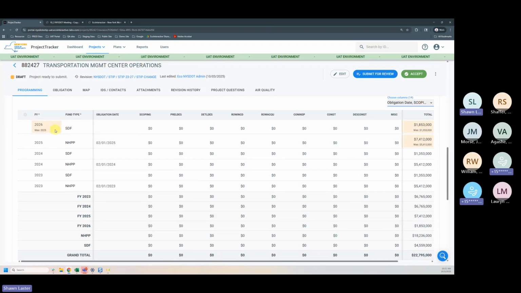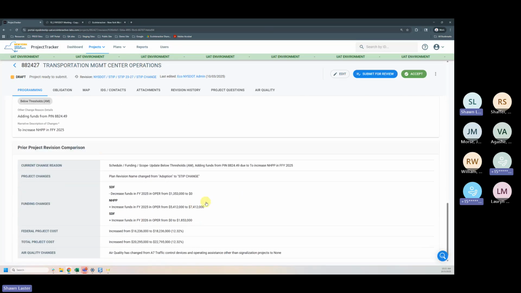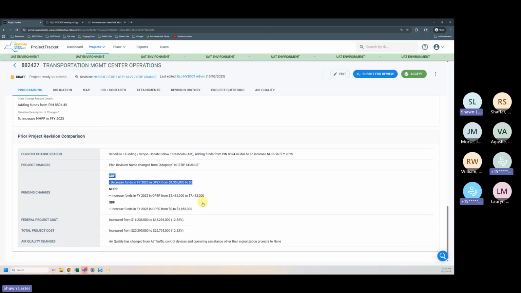Okay, because that's what happened. So when I moved this from 2025 to 2026, you'll see what happened in my funding changes down here. It said for SDF, we decreased the funds in fiscal year 25 down to 0. Because really what we did is we increased those funds in 2026 to 1.853 million. So we added, got it. Okay. 500,000